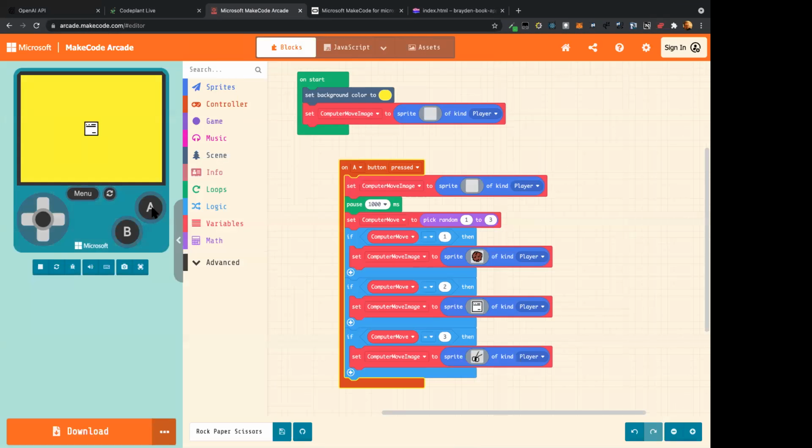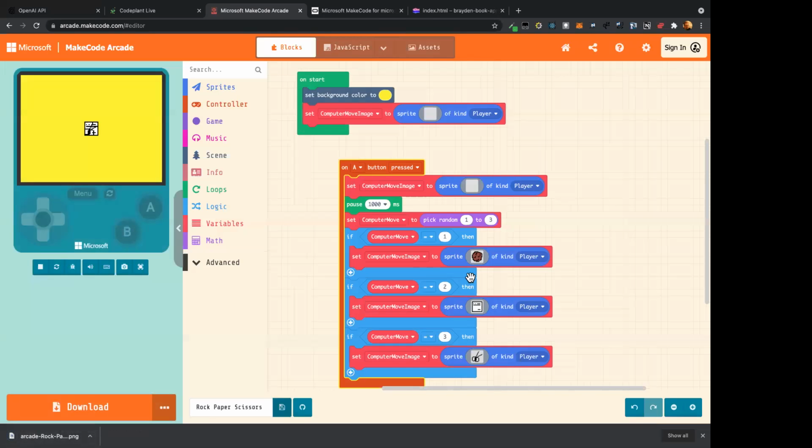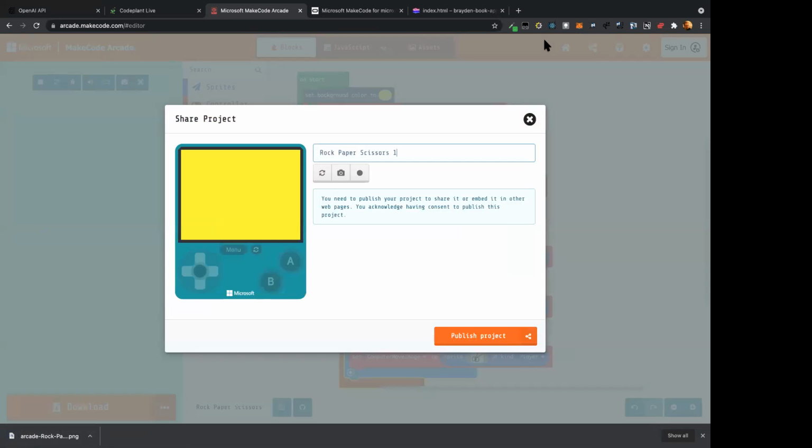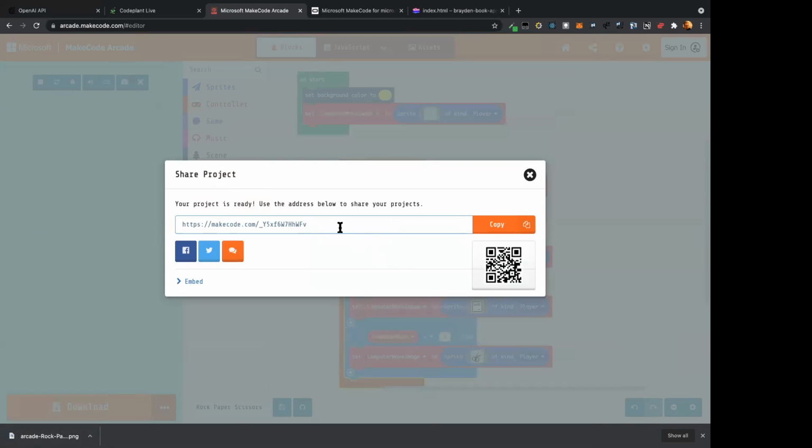And I'm also able to share the images from this. It's quite cool. You can just save this and it creates an actual image that you can drag into your browser. So if you create your own game, you can share it with the rest of us. But this is a cool feature too. If I publish this, and I'm going to send this to the chat right now so you guys can all see it. If I